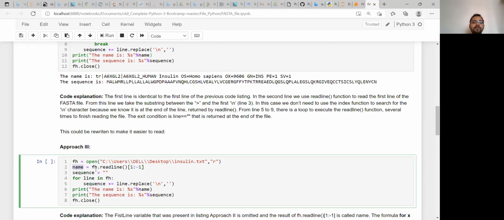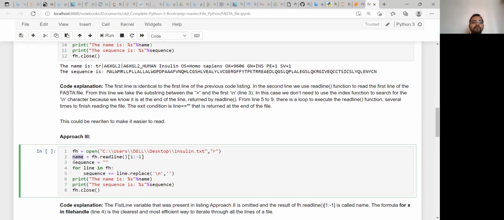No problem with that, we can print this name here, so we will get the first line. Now for the sequence part, we are reading each line from the file handler, and we are replacing the \n with nothing, in a similar fashion, for each line.